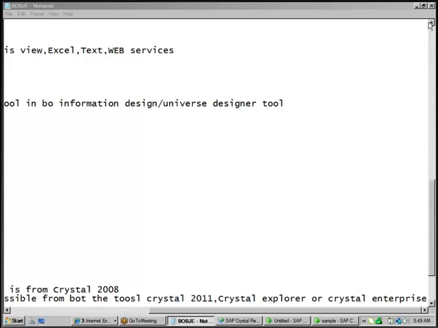So now EvenX is a new name. I'll explain you, don't worry. In the earlier version there is a name called as UNV. For the universe, the extension is UNV. Now there is a new tool called as Information Designer. The new name from the universe when you create with the Information Designer is UNX. That means it supports, I'm just answering the question for Leela, the .UNX now supports